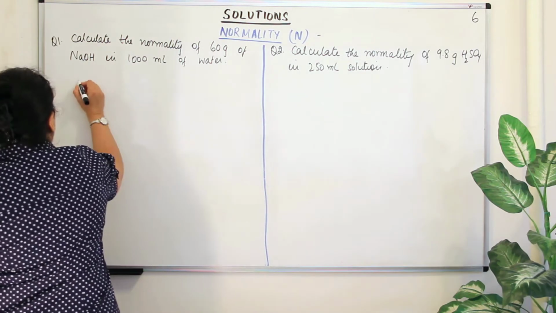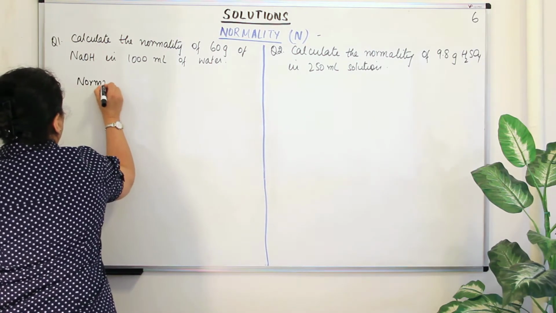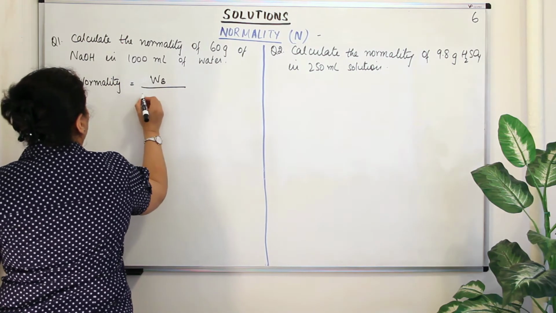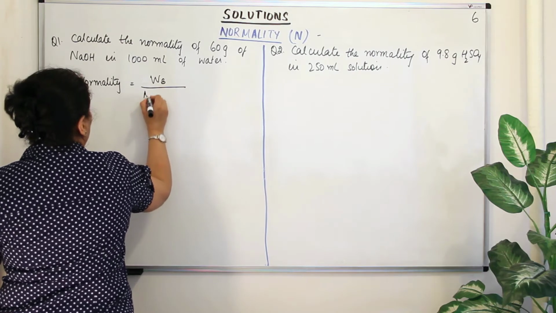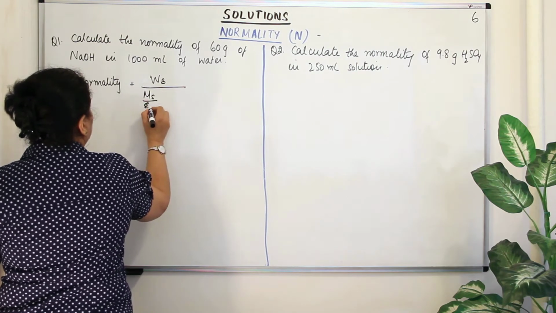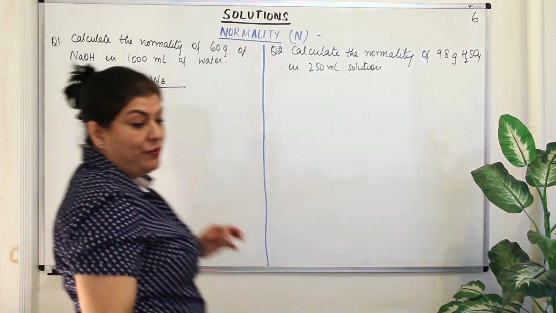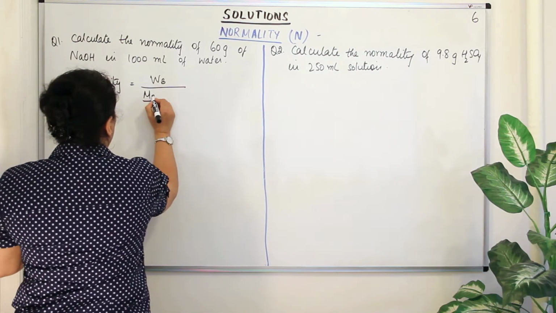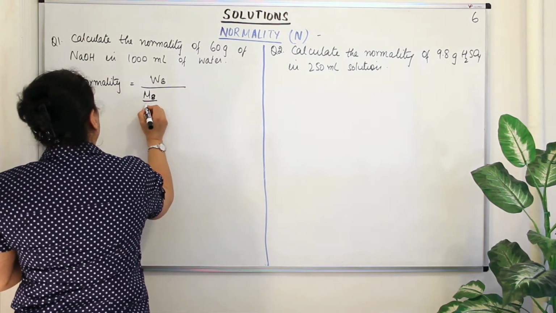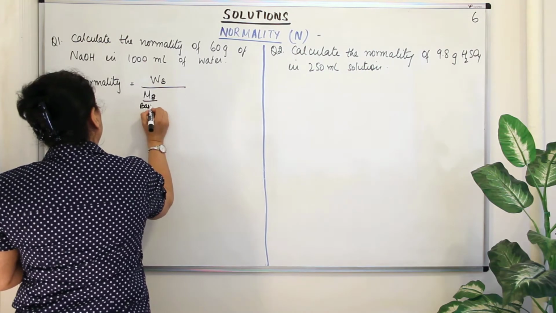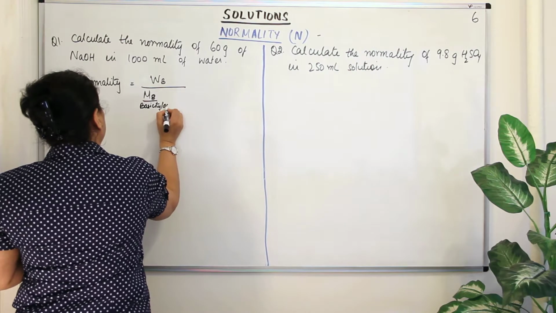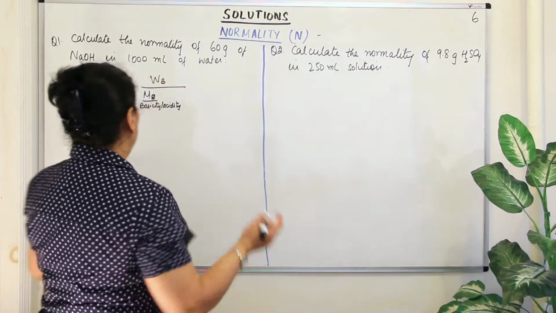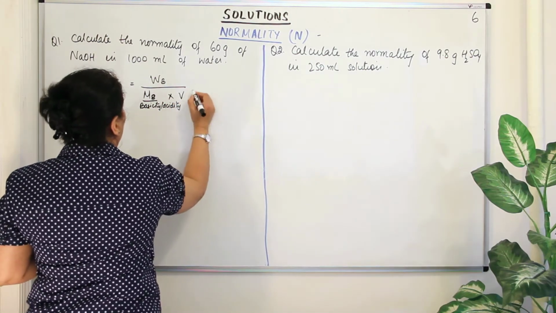So we know that normality of anything is equal to the mass of the solute upon the equivalent weight, which is the molar mass of the solute, that is B, upon its basicity or acidity, depending on whether it's an acid or a base, or the charge on the cation if it's a salt, into the volume of the solution